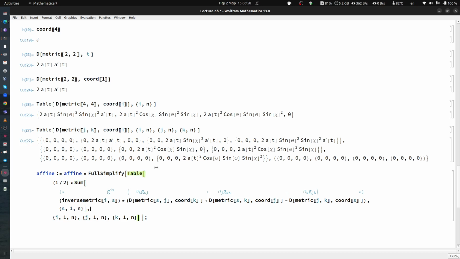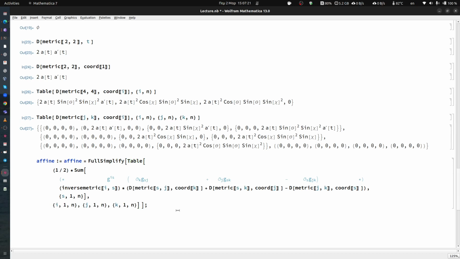So now we want to compute all the Christoffel symbols. So we create a table for all values of I, j, and k. Here there are derivatives involved and algebraic expressions, and we use the function full simplify to do all possible simplifications that Mathematica does so well. So we press Shift Enter to evaluate the affine, and let's see how to access the Christoffel symbols as they have been computed. In fact, they have not been computed yet. So I press Shift Enter,